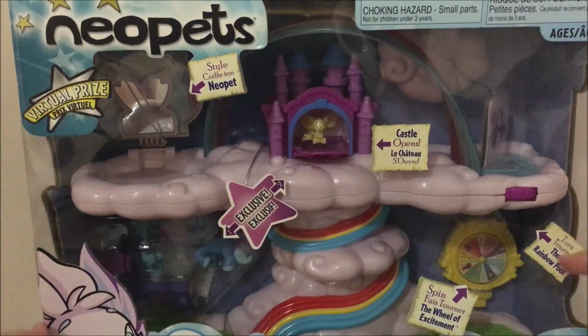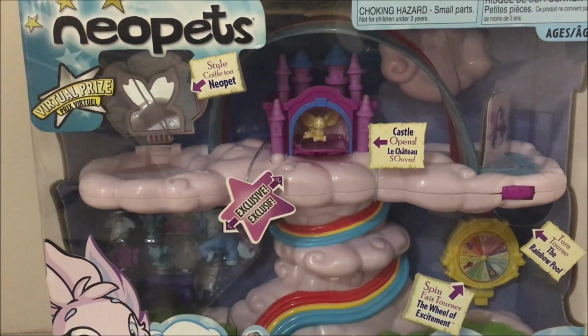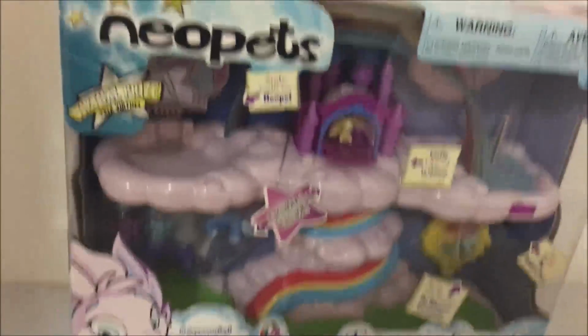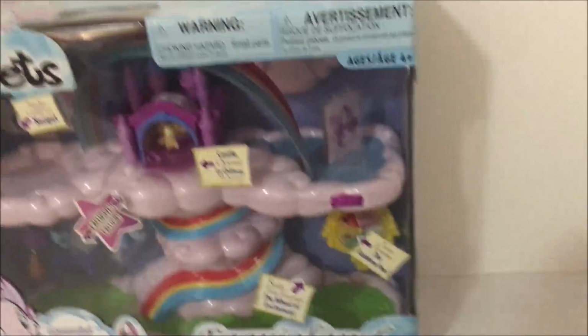Alright, well today we are once again faced with a wall. Yay! Why is that, you may ask? Well, because I have this thing here. A giant Neopets playset that was actually unexpectedly cheap for being nearly 10 years old and being complete in the